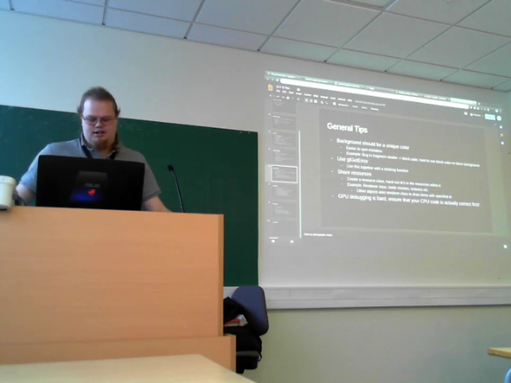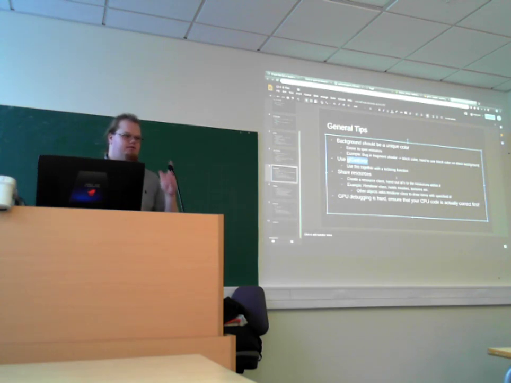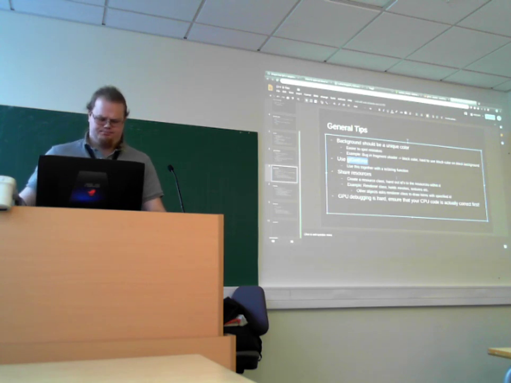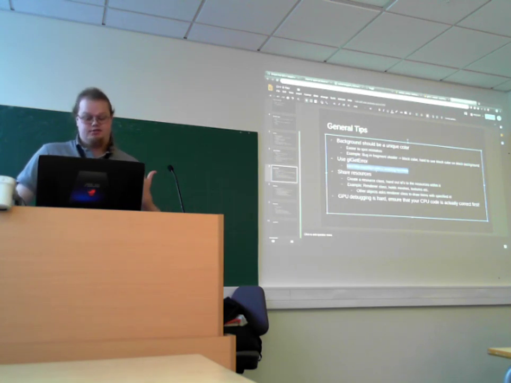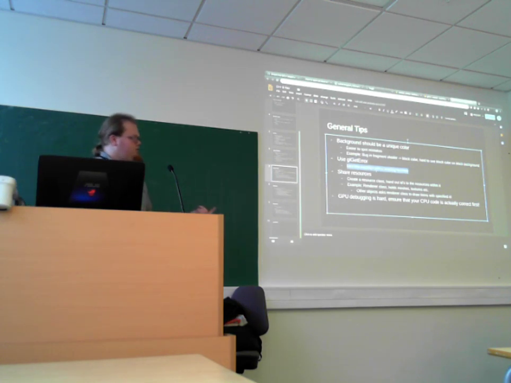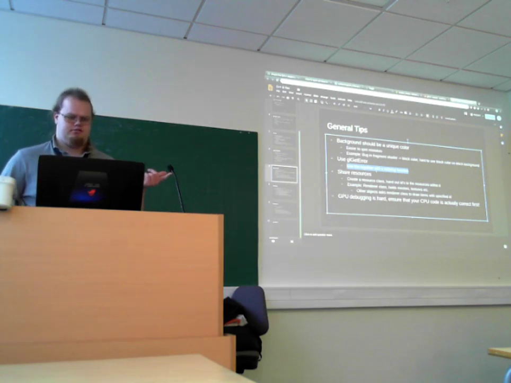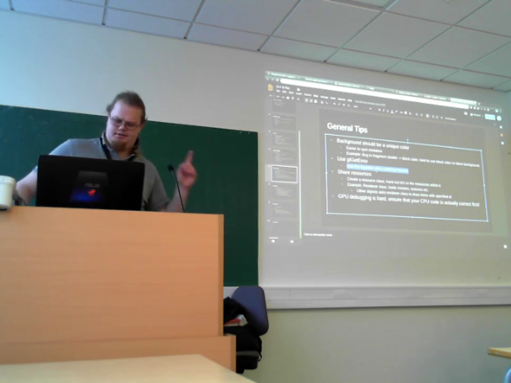Also use the glGetError function for error handling, at least for the moment. We are looking into alternatives for that, but that's the one that's fully compatible. I'm saying here that you should use this together with the toString function. We are supplying that through the GFX library, which I will introduce tomorrow. At least we're supplying parts of it. I think we're supplying all the errors.